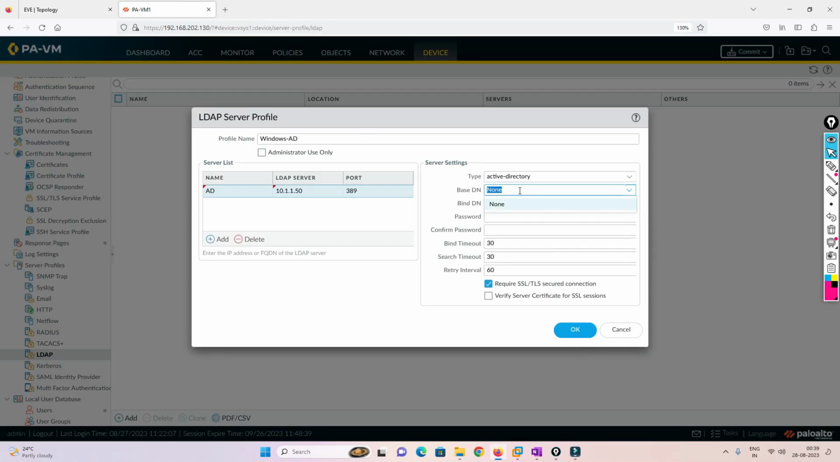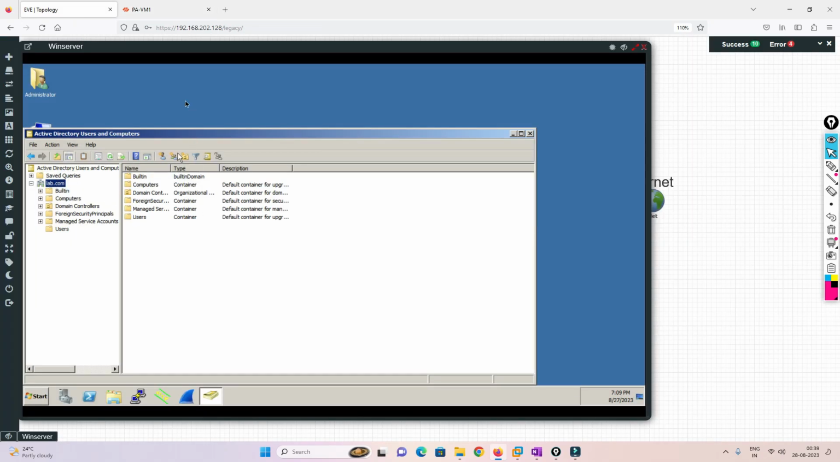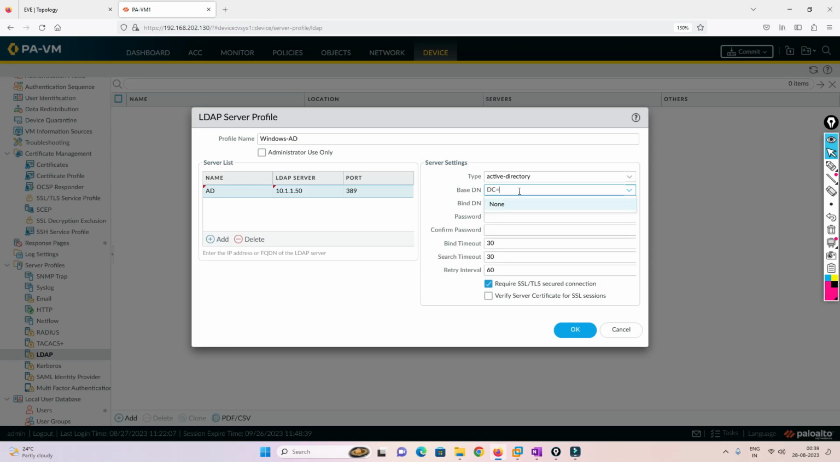Here we have to write it as DC=lab, comma, you can write it in small letters as well, so small letters, lab, and comma DC=com. So if you have abc.com, it is DC=abc, comma DC=com. Or this information will be provided by the server administrator, and it's very easy. Now here you have to type